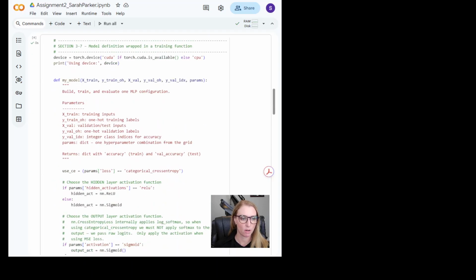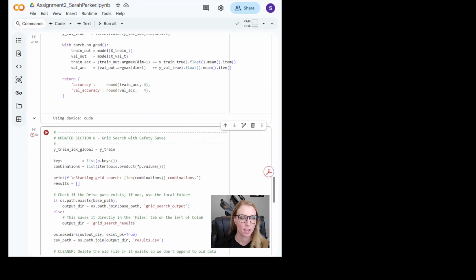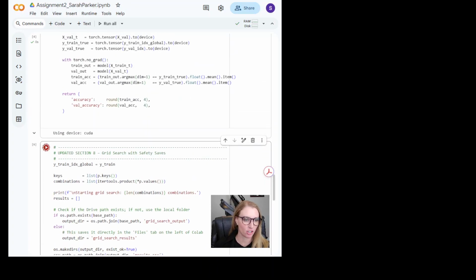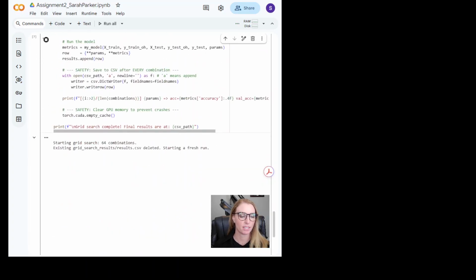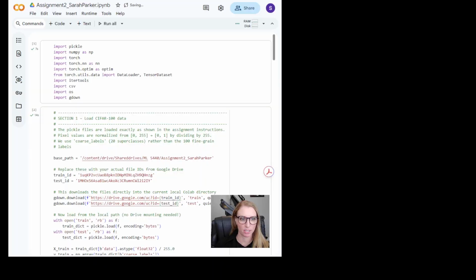It took me about 2 hours and 40 minutes to run it, but I am going to go ahead and start it so that once I'm in the midst of my explanation, we'll be able to see some of the execution results here. Each permutation takes about 3 to 4 minutes to run. So we'll come back to this part in just a second, but we'll go up to the top to start